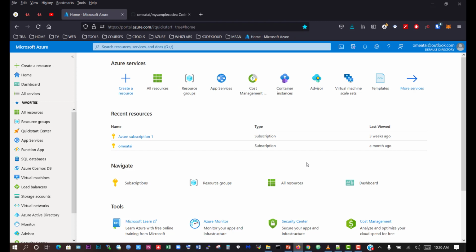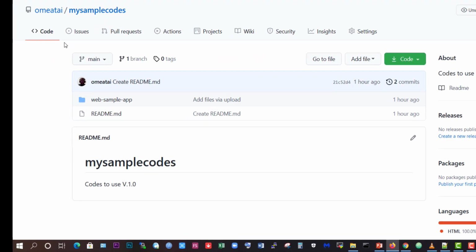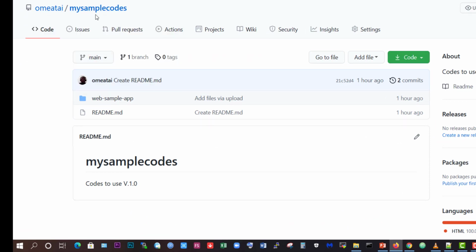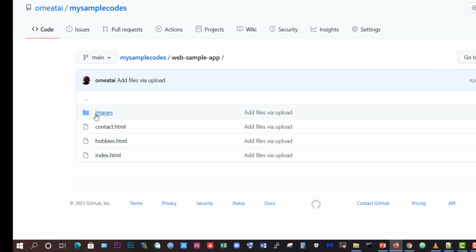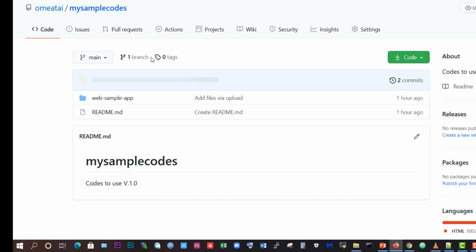But first, let's go to my GitHub repository account, and I have it here. That's my name, my repository. That's my sample codes, and I have a folder here which says web sample app. And if I click on that, you can see it has a few images and the HTML content. So I want to deploy this app inside this folder on Azure, and it's going to run on the containerized